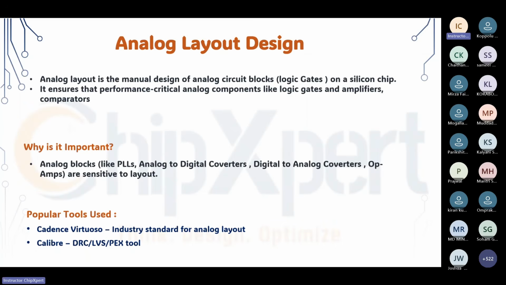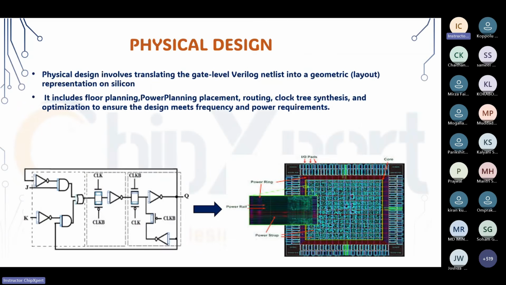The tool used there is Cadence Virtuoso from Cadence, and Calibre is used to verify the functionality and the layout errors in the design. Now, what will the physical design people do? They direct this complete chip: where to place things, how the power has to come, how to route, and any glitches in the timing. All these things are designed physically by the physical design team, in their area.